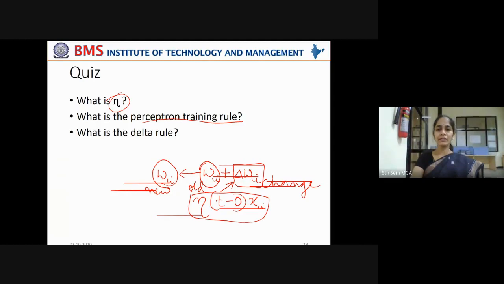Is it clear, students? What is the delta rule? That we are going to see in the next class. Students, do you have any doubt in this perceptron training rule? This is a very important question: perceptron training rule and delta rule.